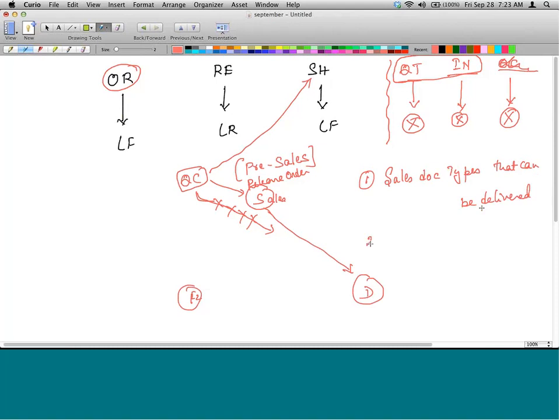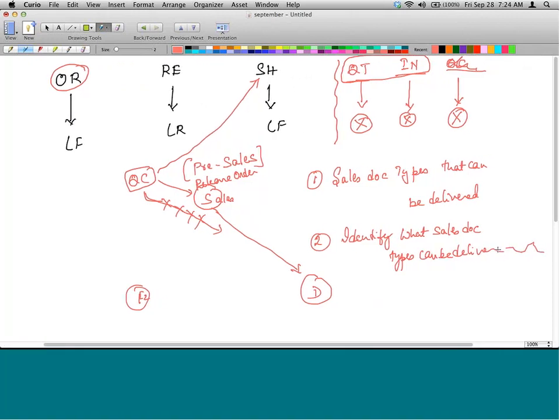Second thing, how to identify in the system systematically by going to VOV8 whether the sales document can be delivered. These two things you understand. Any questions here?